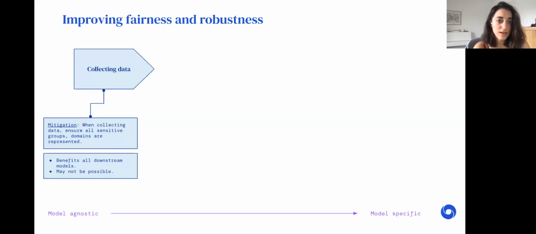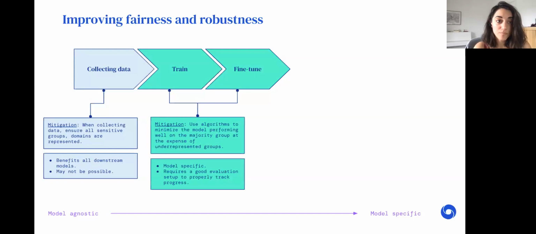So first we collect the data. And here is perhaps the most effective way of improving fairness and robustness: collecting more representative data. I guess nobody can question that this is something that we should all try to do, really increase the diversity and representation of the data that we are developing our algorithms on. However, this is not always possible for different reasons. One reason can be that certain diseases are much more prevalent in certain geographical locations or certain skin types or at certain ages.